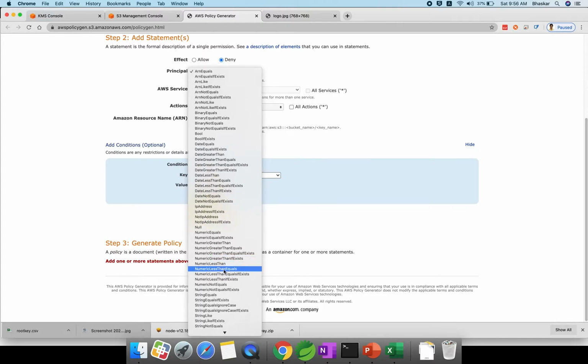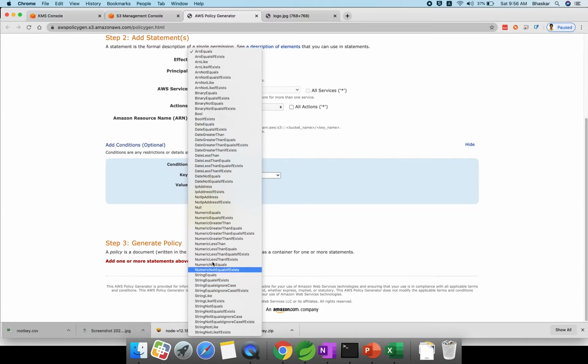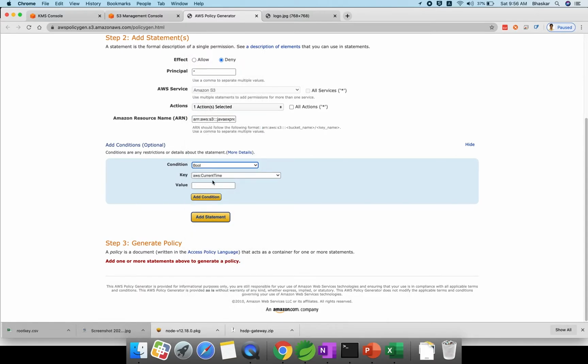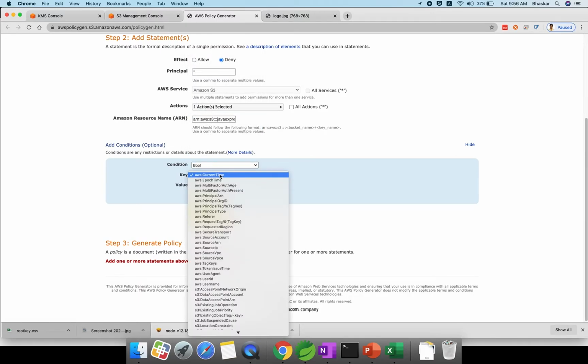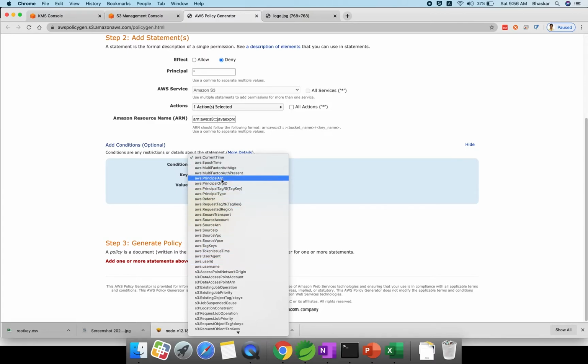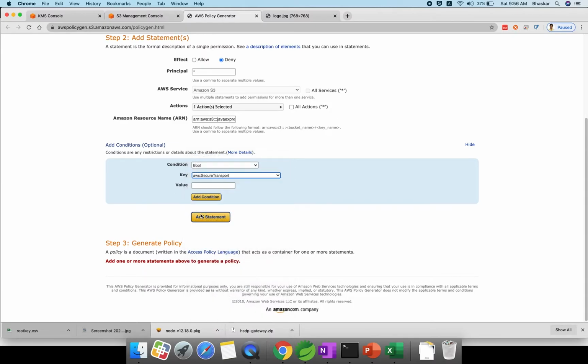What I will do is use a boolean, a true or false condition, right? I'm giving a boolean. Here, what is the key? For accessing your website we have some keys. Secure transport, it's like SSL. If you go and see, AWS secure transport will be there. That means I will make it false.